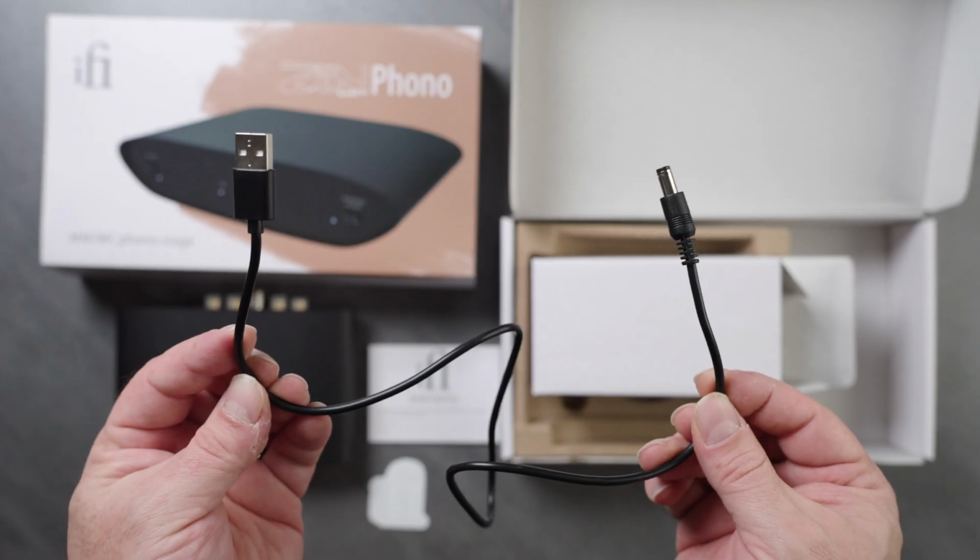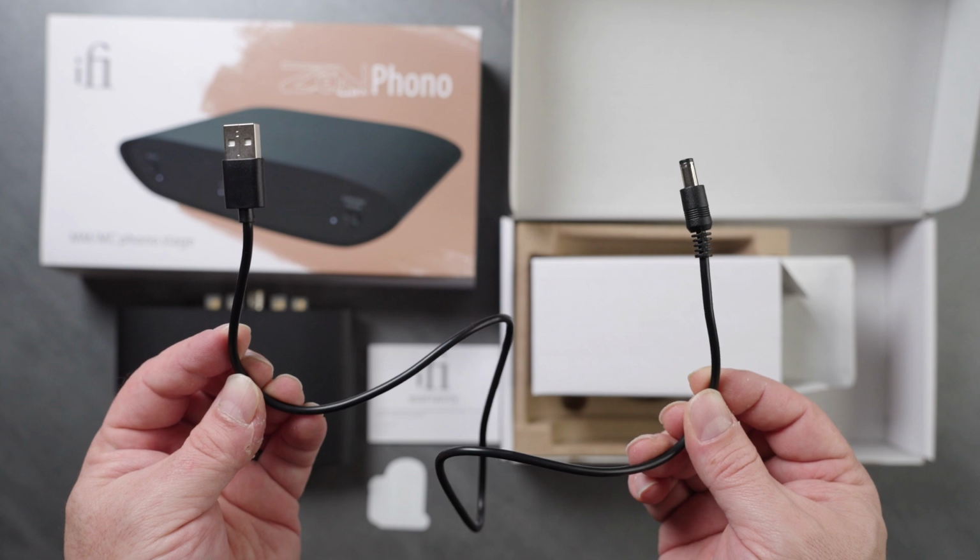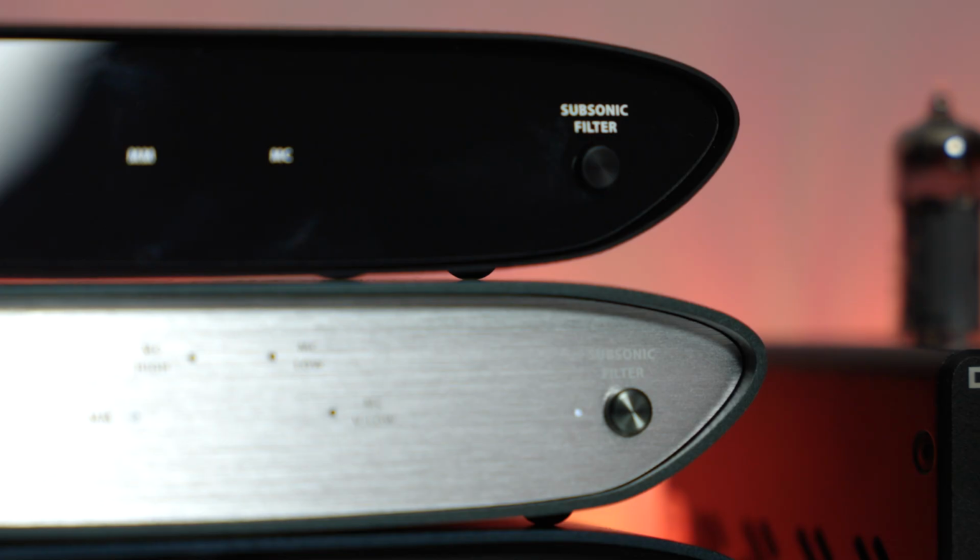One other difference is the power units that come with each of them out of the box. For the Zen Phono Stage, they give you a very nice clean power unit to help reduce unwanted signal noise. With the Zen Air Phono, you only get a 5-volt to USB cord, which I was a little surprised that there was not a dedicated power brick, but it turns out to be very useful just to plug into USB wherever you can. The build quality of the Zen Phono Stage is a little bit more premium as well, but